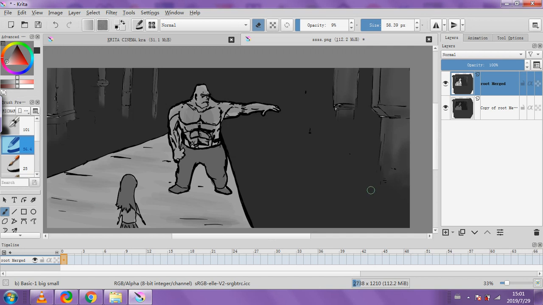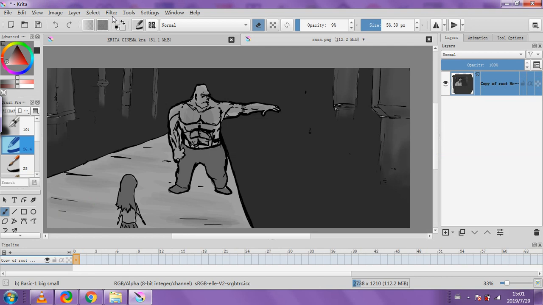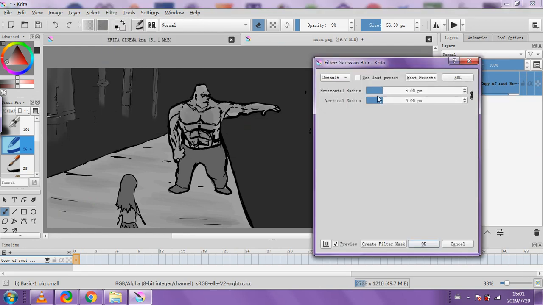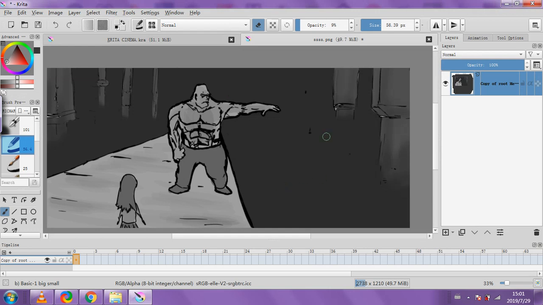And that's that. So I'm going to merge that down now. I'm going to go with a bit of a blur, a little bit of a blur. Can't be too major. Oh, it's too major already. Like that. Okay. Add a bit of a black now.